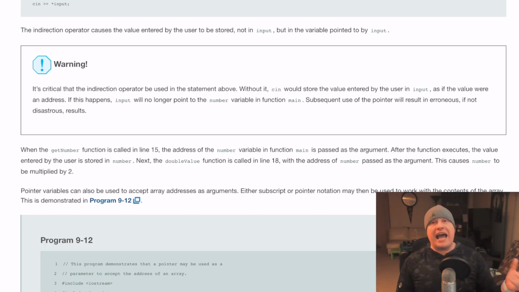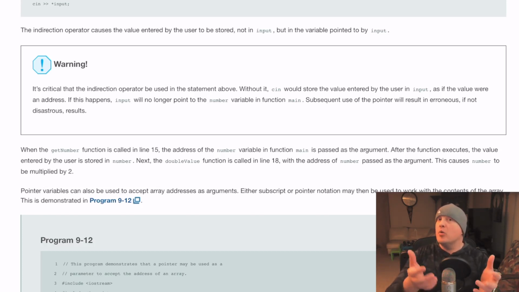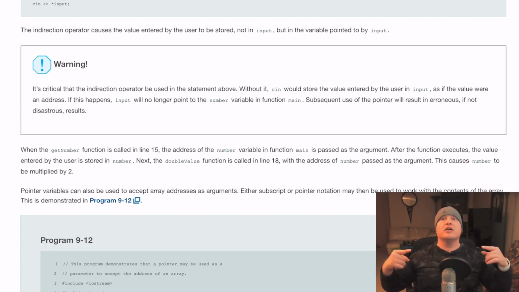And the problem with that is, once we've done that, we can no longer point to that variable or the variable's address that we were using, because now we have overwritten the value that we had for that pointer, and that is potentially a colossal failure moving forward.